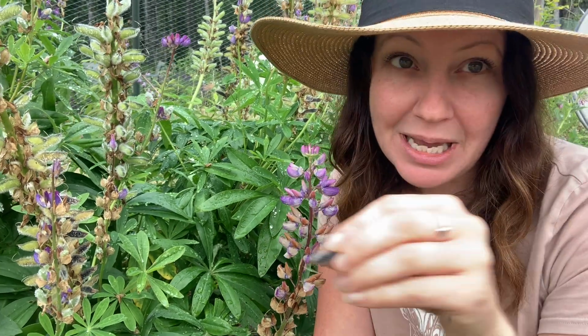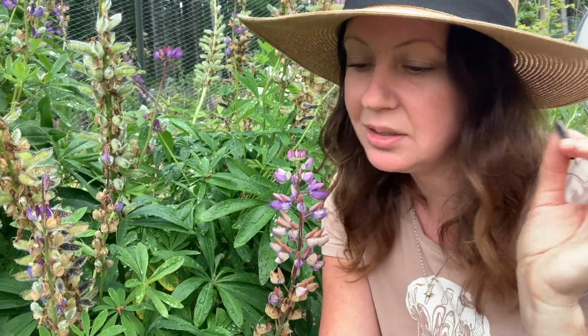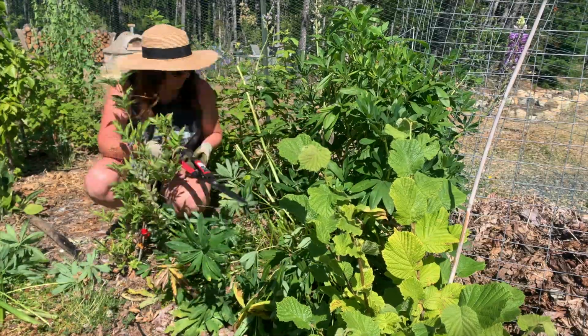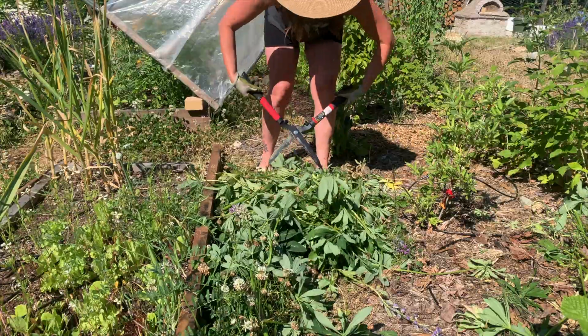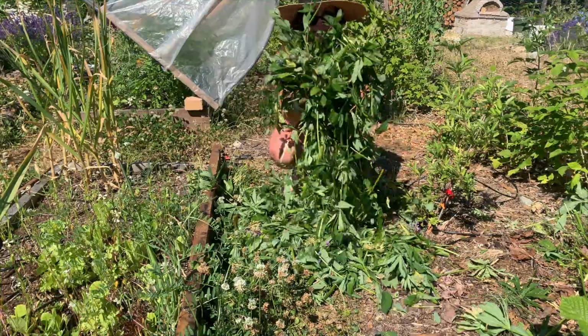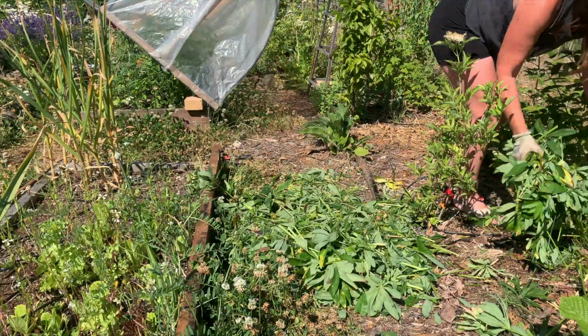And this is in my fenced area. The deer do not eat these, so I want to spread them out everywhere else. The pollinators love them. I love them. They look beautiful. They're also great as a chop and drop plant if you just want some extra biomass in your garden. So I'm also going to chop these down to add that biomass to the garden. I want to harvest as many seeds as possible,